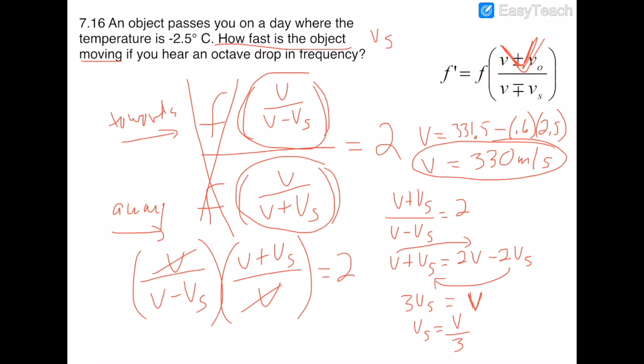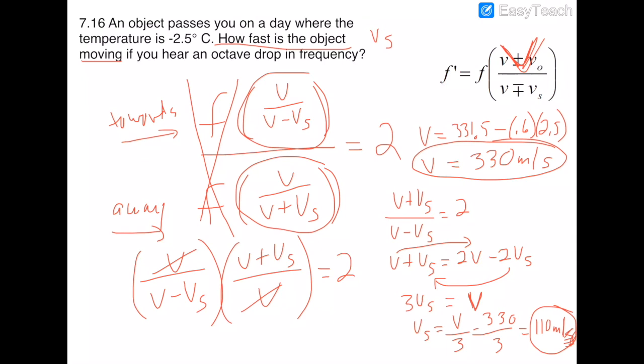What was the speed of sound? It was 330. So 330 divided by 3 equals 110 meters per second is how fast this object needs to be going. I can't draw an S there for some reason. Okay, too close to the end of the iPad. Okay, so